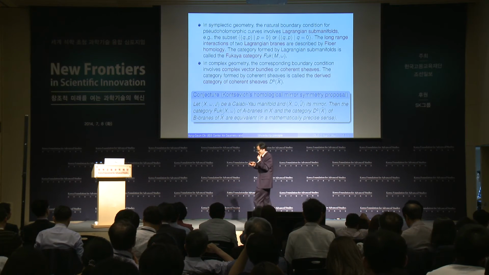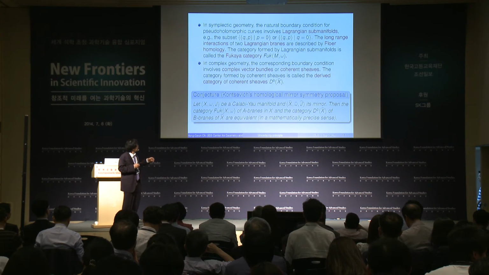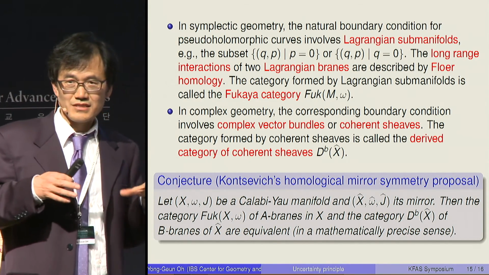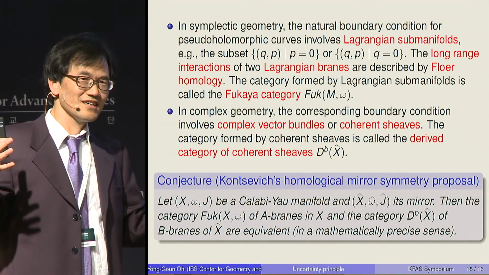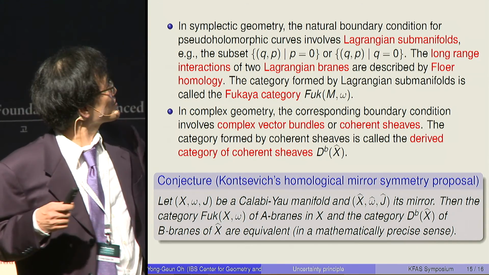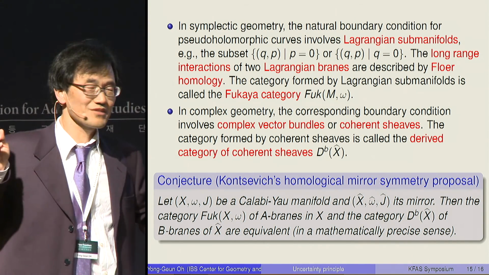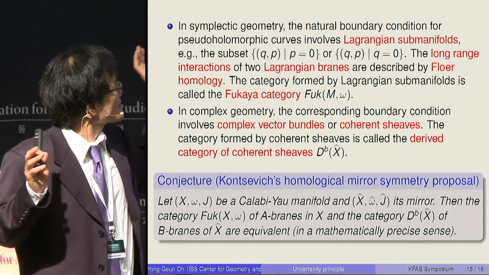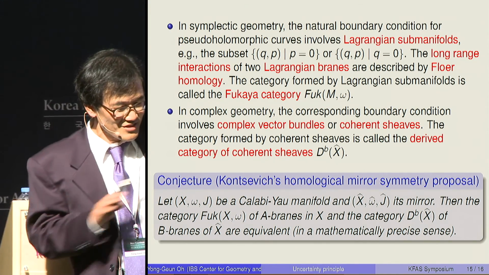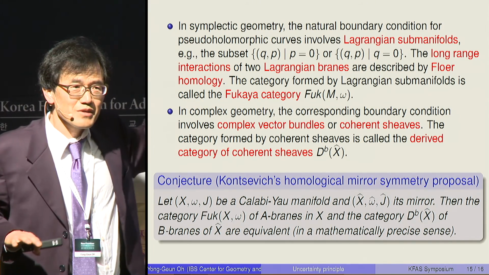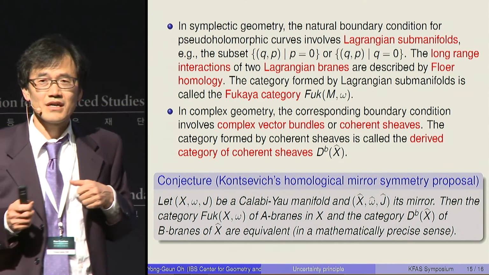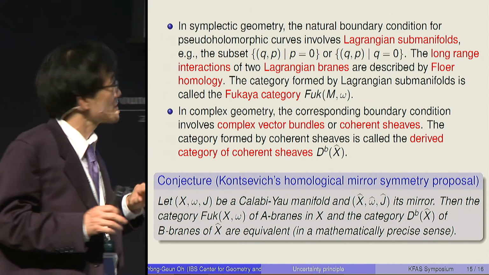The category formed by this set of Lagrangian submanifolds with that kind of long-range interaction is called the Fukaya category. And this is some kind of spine for understanding the symplectic manifold. Similarly, in complex geometry, the corresponding boundary condition involves so-called complex vector bundles or coherent sheaves. The category formed by these coherent sheaves is the so-called derived category of coherent sheaves. These two geometries look completely different. However, in physics, there is a very mysterious way of relating these two. They are called dualities. And in fact, in 1994,